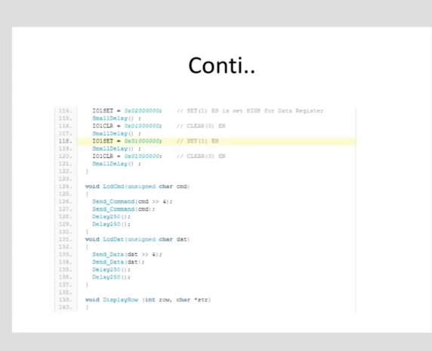Here I have set 1, so RS is set high for the data register, then a delay is given here, then again clear it, then again there is a delay, and set 1 enable, delay, clear 0, then the command is given, there is a delay of 250.